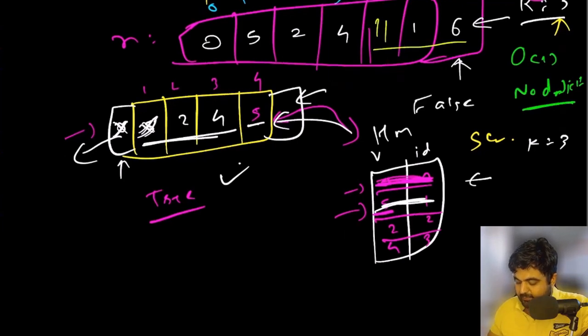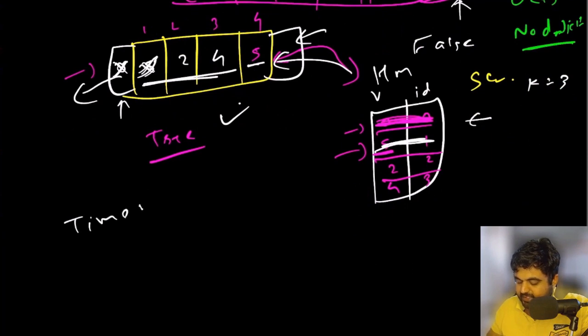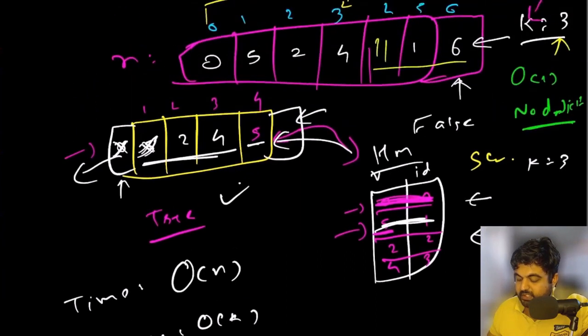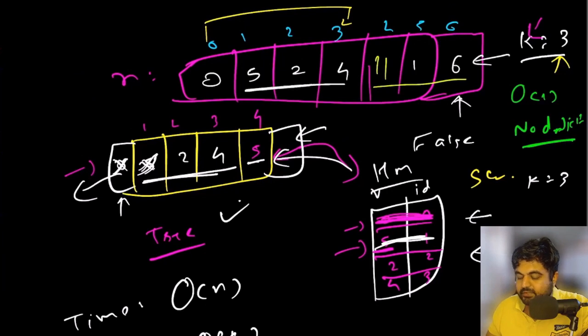So if we see time complexity in this scenario, the time complexity is actually going to be big O of n only, and since for this case we had to use a hash map of size k, the space complexity is going to be big O of k. But this is a very wonderful and beautiful approach to solve this problem. So that is why the sliding window technique is really powerful, because you are already building your solution upon the already computed values. You are not doing everything from scratch, and that is very powerful in making your inputs more efficient.